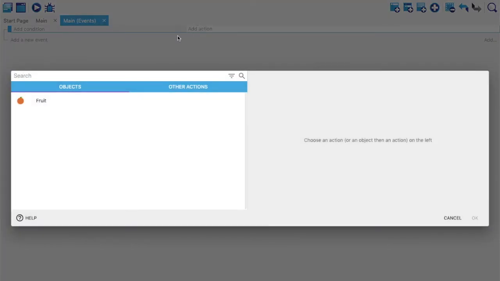Now what I want to do is randomly create these fruits and they should fall from random positions. That's the whole idea, that's the whole logic. Since something is going to fall, that is not a condition, that's an action directly, right? So we'll go to action, and obviously we want the fruit to fall.